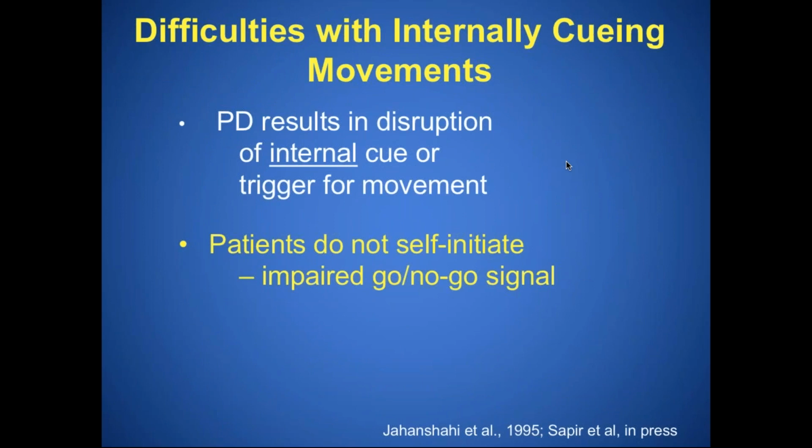Again, if I was to ask you to rise from a chair, you would first scoot yourself forward, you would shift your body weight forward, and then you would stand and rise. All those things are done internally. You're cueing yourself to make those movements because you know that's what has to happen in order to stand upright. But patients with Parkinson's disease have a disruption in that internal cue or trigger for movements. So they don't self-initiate because they have this impaired go signal that comes from a loss of the dopaminergic cells